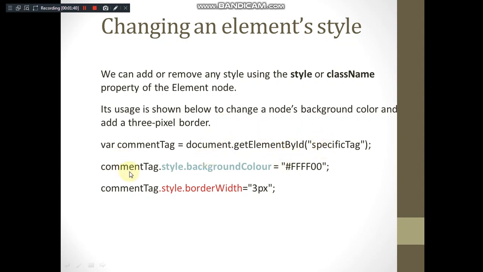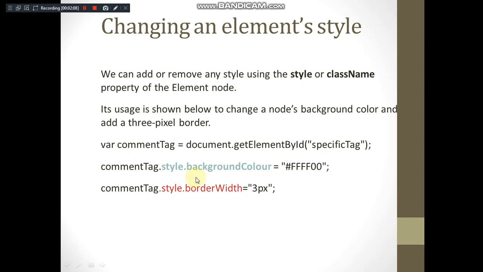So it is variable name dot style dot backgroundColor. We go to the style attribute, and in that we take a particular property, backgroundColor, which is assigned a particular color. This is how it is possible to set the background color of any HTML element through JavaScript, by making use of the DOM elements.